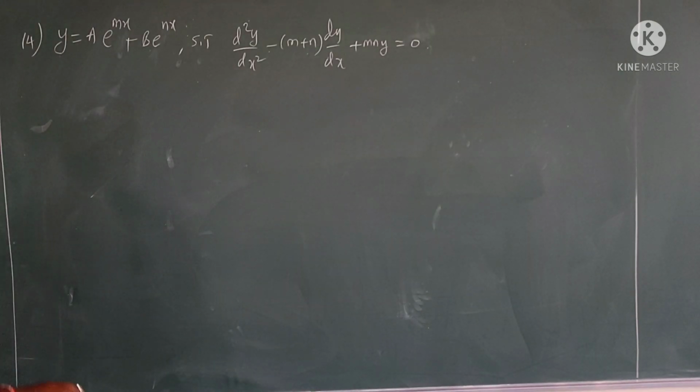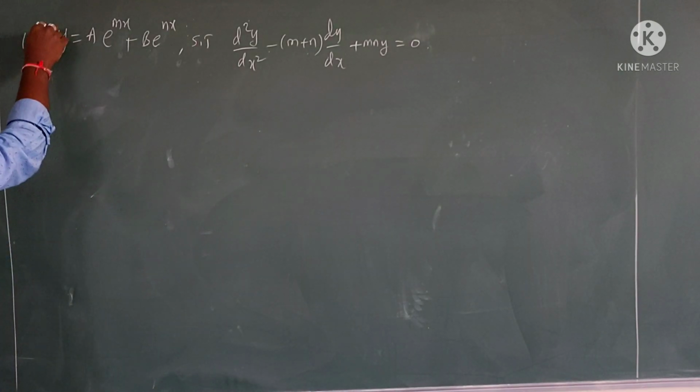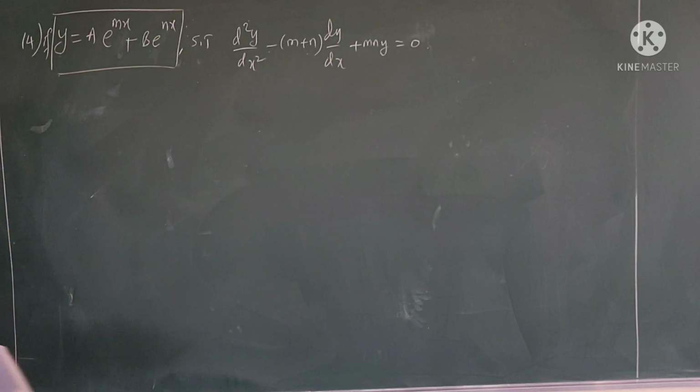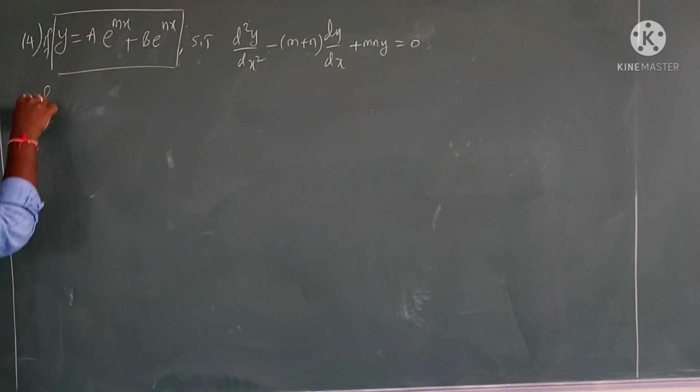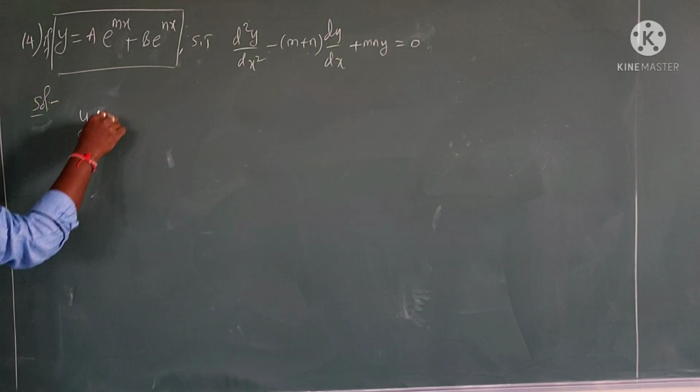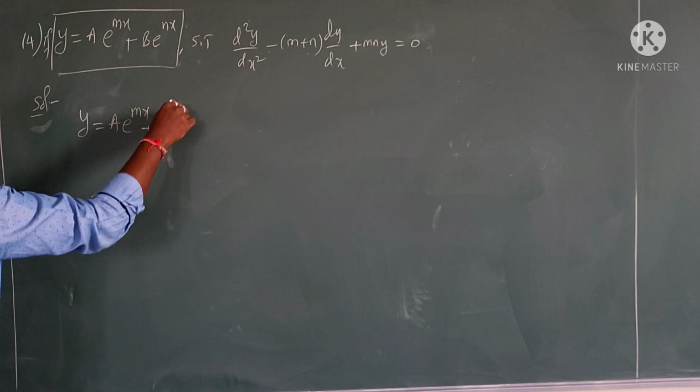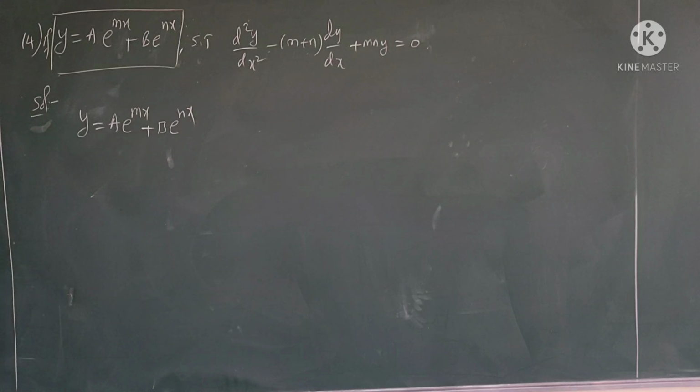So this is the question. They have given that if y is equal to this, then you have to show this. So let's take the question first. Listen to me carefully. Complete concentration is here. Don't look any other place. Look at here and try to understand. Once you understand, 80% you will be storing in the brain. Twice you do practice, you will remember a lot. So understanding is important. First listen carefully.